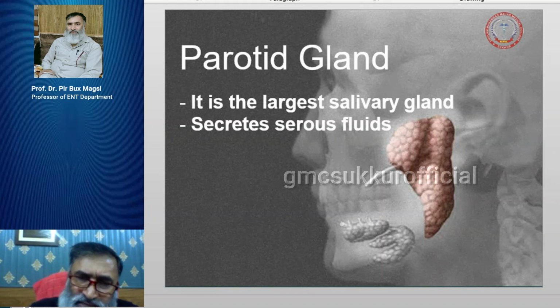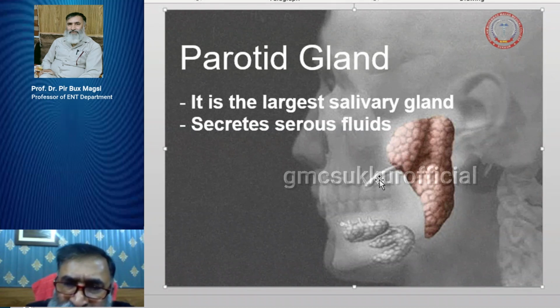Now the parotid gland is present in front of your auricle. This one is the ear, and this is the tragus of the ear. In front of the tragus of the ear, you have the body of the parotid gland, and this is the lobule, just crossing the lobule. Then the tail of the parotid gland comes over the angle of the mandible. This one is the posterior part, and this is the anterior part of the parotid gland. From the anterior part of the parotid gland, this is the parotid duct, or the extension duct. This is very important.